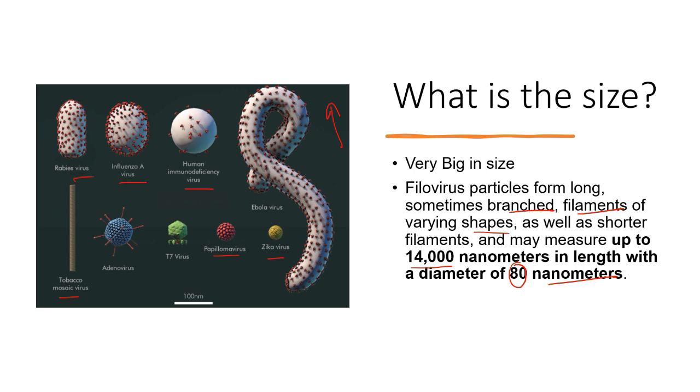See, the diameter is not that big. The diameter is only 80 nanometers, which is very similar to the adenovirus diameter. But because it's a filamentous structure, the length of this virus is 14,000 nanometers. In all the other cases, if it's an icosahedral virus like adenovirus, or a spherical virus like HIV, the diameter is the total measurement, because the diameter is approximately the same. It is measuring the virus from all sides. But the Ebola virus is a filamentous virus, so there is a length and breadth. The diameter is shorter, like 80 nanometers, but the length is 14,000 nanometers, which is huge.